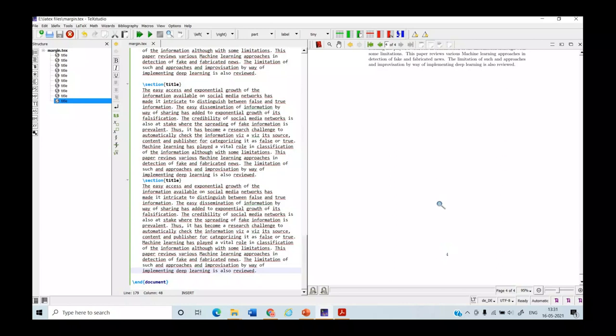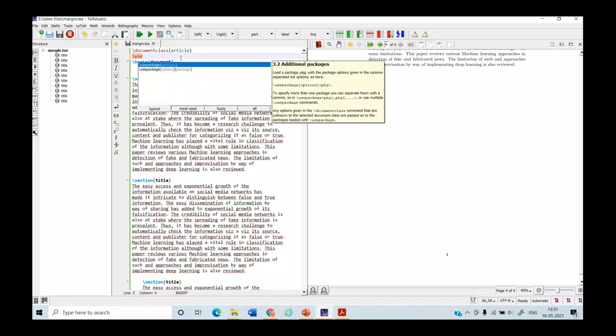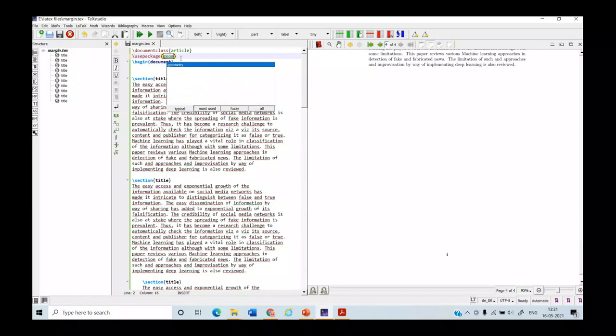Now let's go to the top and set the page size, or paper size, by using the package: usepackage, geometry, and write the size of paper in this bracket, like A5.